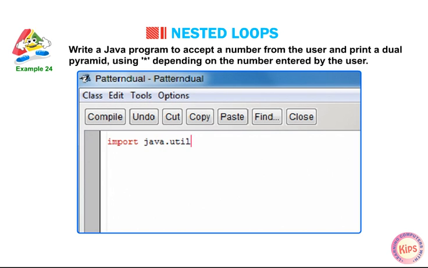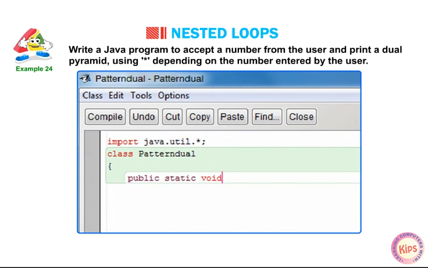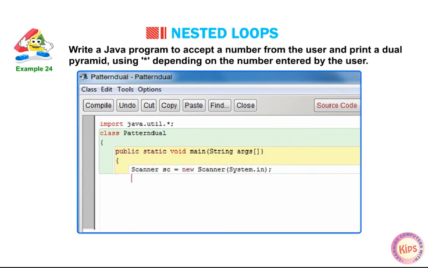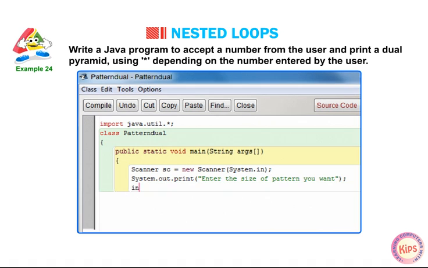import java.util.*; class PatternDual { public static void main(String args[]) { Scanner sc = new Scanner(System.in); System.out.print("Enter the size of pattern you want");